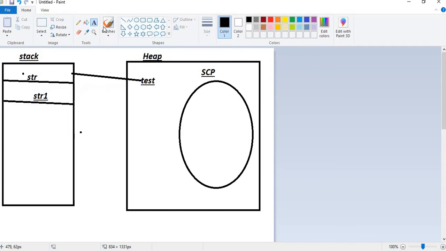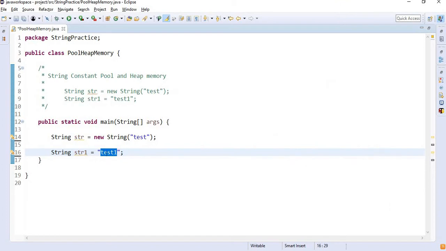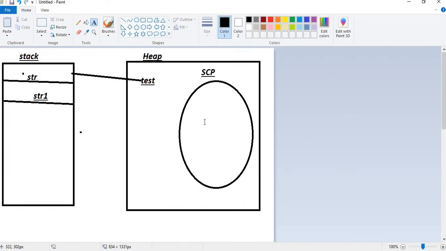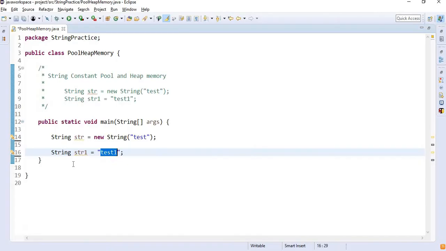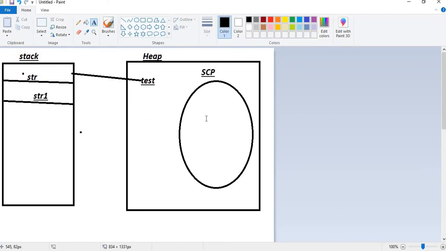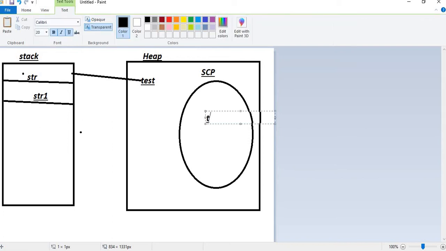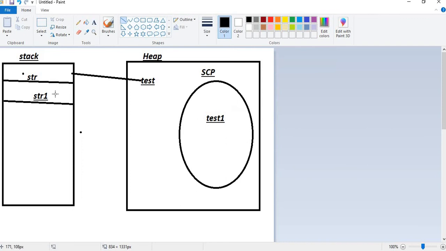It will go into the pool, and it will first check whether any test1 value is already there inside the pool memory. There is no value in my pool memory named test1, so it will create a value test1.